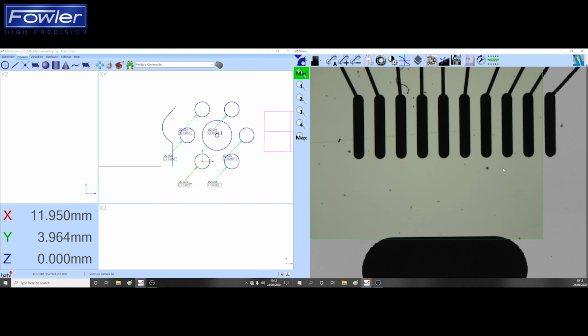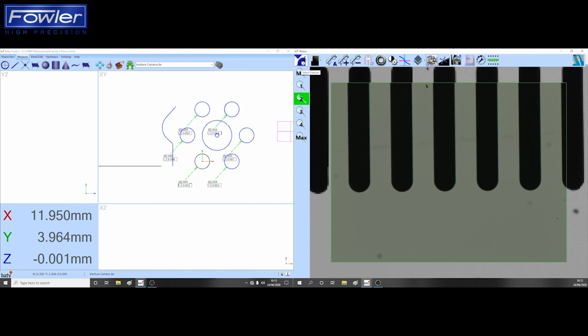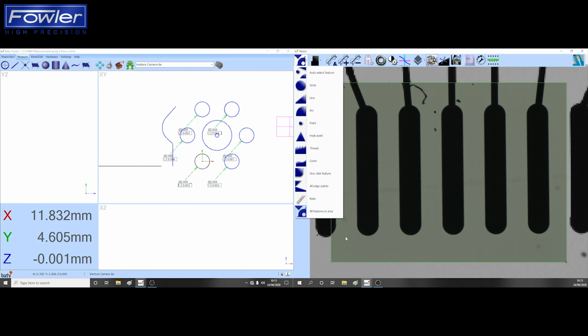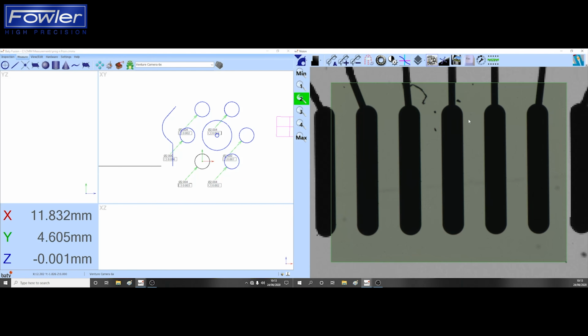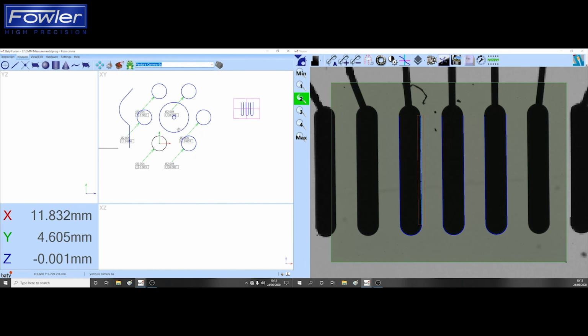Can you see how jog here, mouse drag, the stitched image, zooming in, zooming out, it makes it very easy to drive the machine. I'm going to go to a bigger zoom position here to increase magnification, and let's show you how the software can make sense of this kind of a cluster of features. So I'm going to draw a box over these features here, and you saw there that it's basically measured all of those features